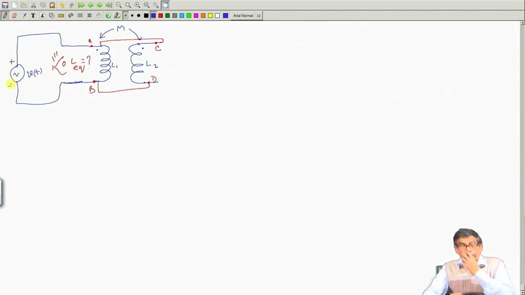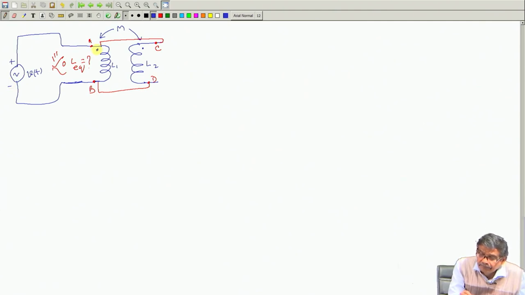With this, polarity is important in solving circuits. Whenever you have to write down the KVL equations, the polarity of each element, the voltage polarity, must be known. Then only you can correctly add them up, otherwise not. So, anyway, here